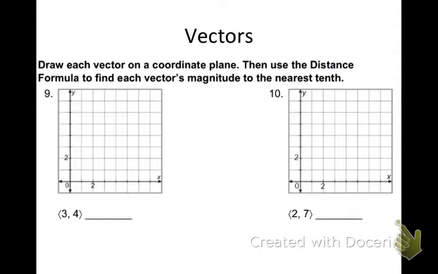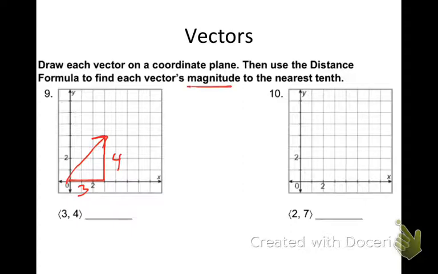Take a couple seconds to try numbers 9 and 10. It says draw each vector on a coordinate plane. Then use the distance formula to find each vector's magnitude to the nearest tenth. Take a couple seconds and try those two. All right, let's look at number 9 here. I have a component form of 3, 4. So over 3, up 4. There's my vector. What would my magnitude